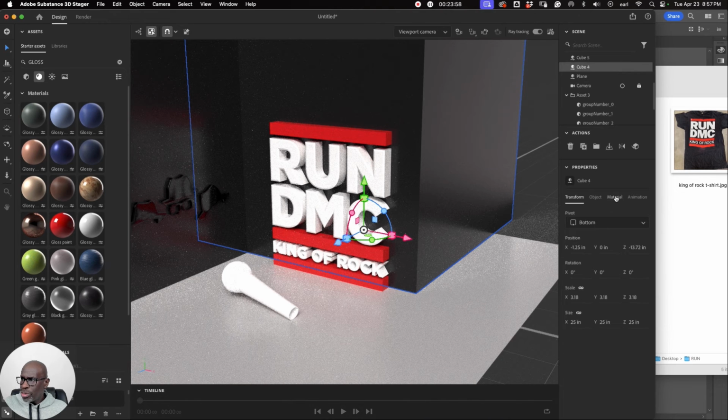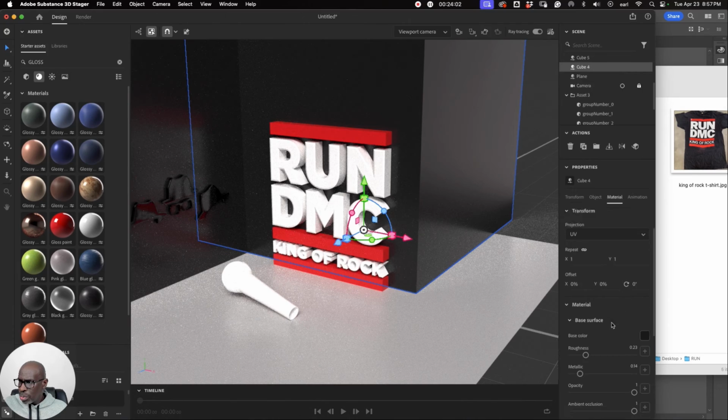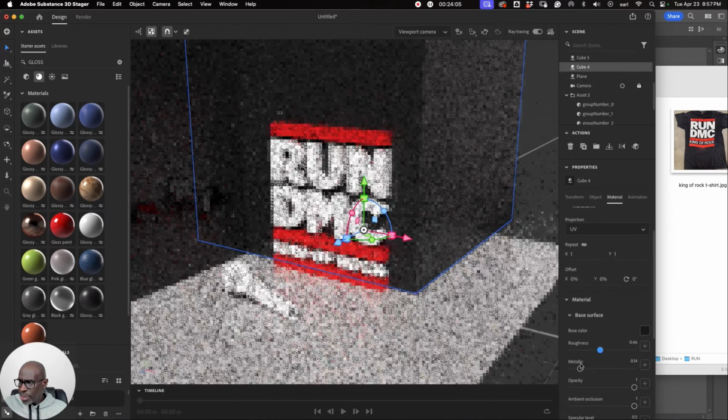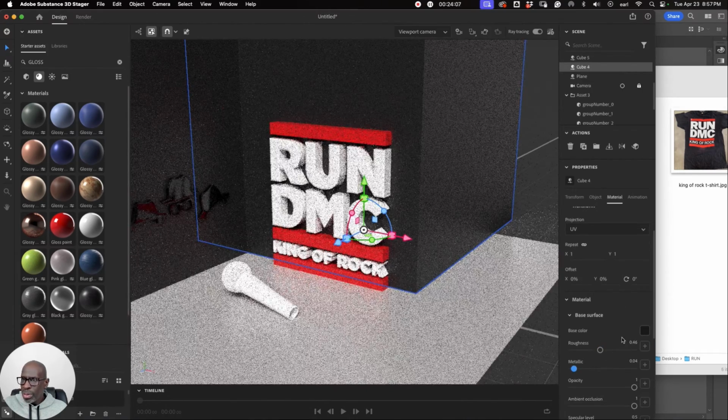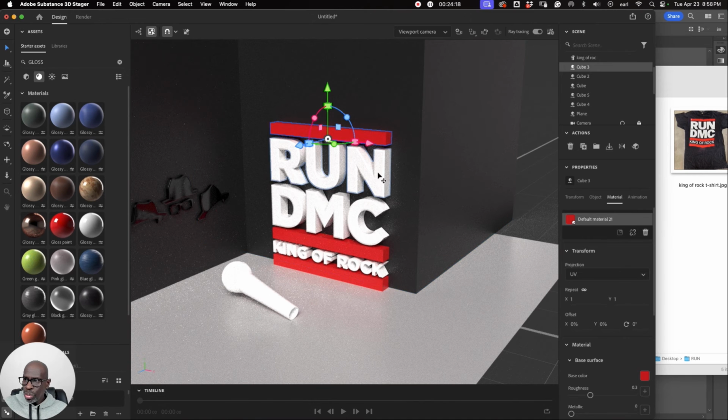So let's go to our materials here, and we're going to rough that up. Take the metallic down so that the black stands out a little bit better. And we're maybe going to leave it like that. I kind of like that, but I think I want all of Run DMC to